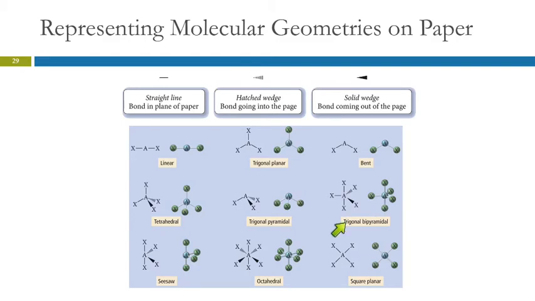So here, the trigonal bipyramid. Here's a ball and stick model of it, and this would be how we represent that. So these straight lines are in the plane of the paper. This one is coming out towards you, and that one's going back behind. So that would be like,